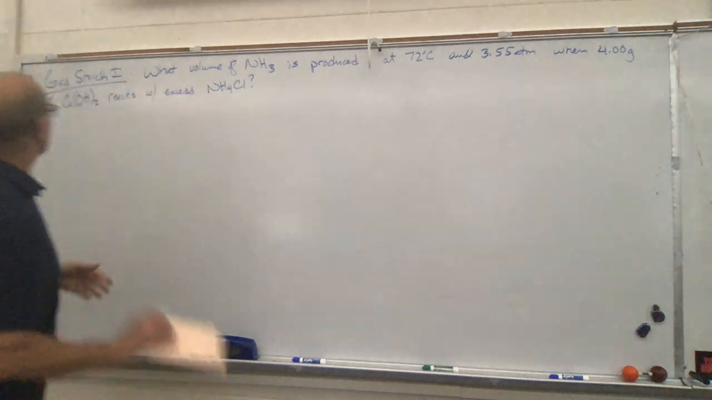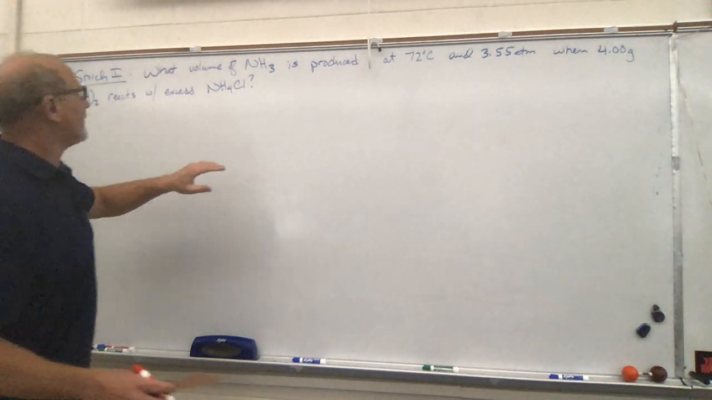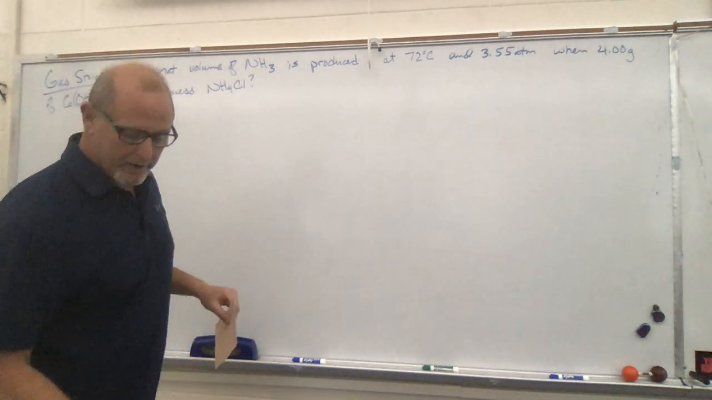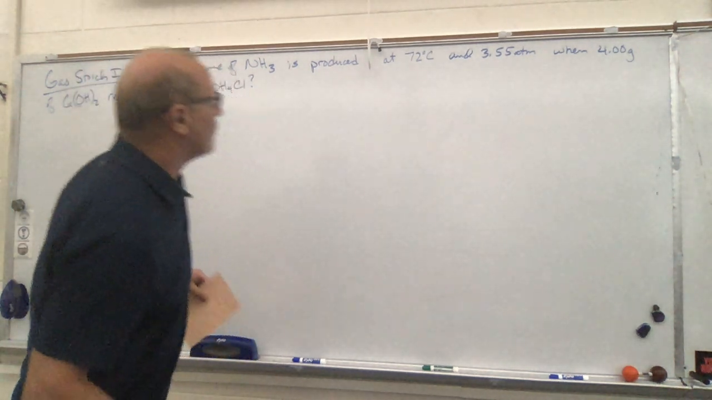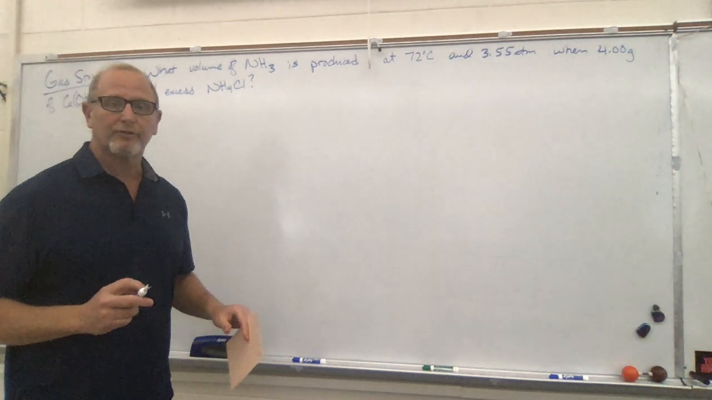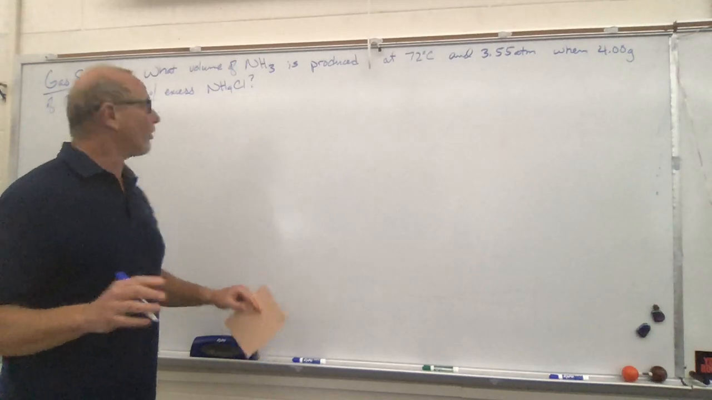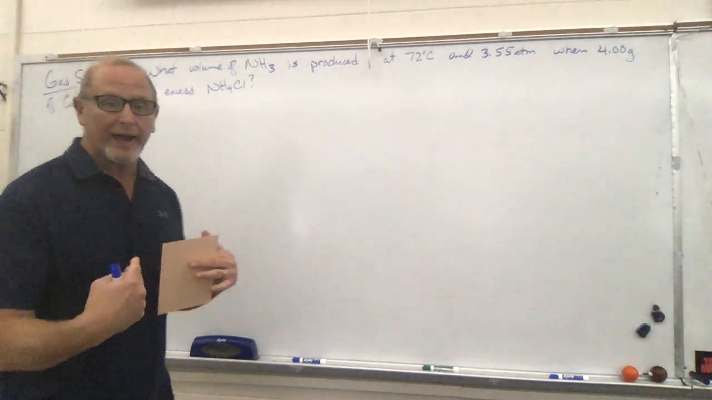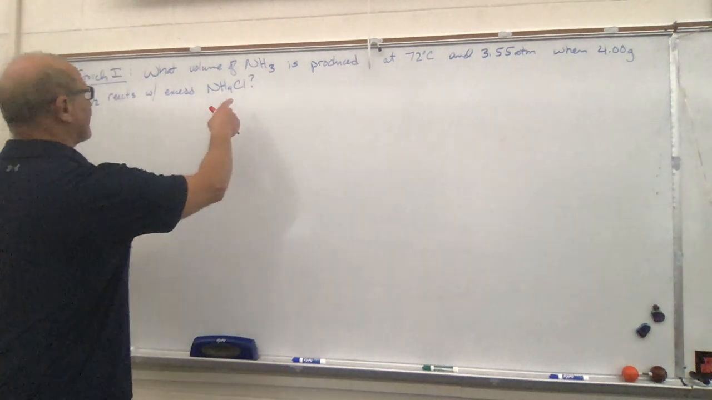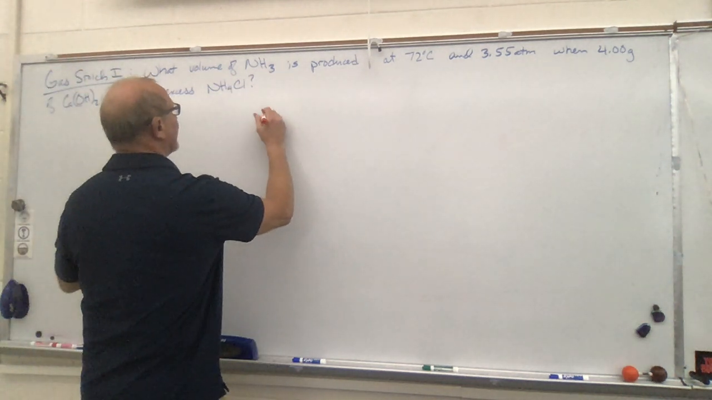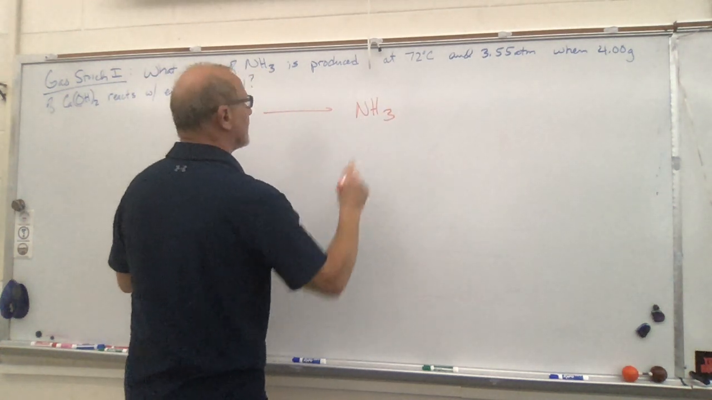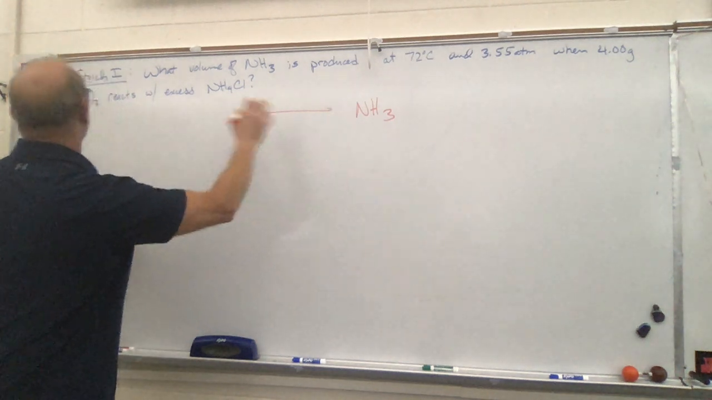What this problem has, it says we've got what volume of NH3 is produced at 72 degrees Celsius, 3.55 atmospheres, when 4 grams of CaOH2 reacts with excess NH4Cl. So we don't have a chemical reaction. We've got to do stoichiometry, so we're going to have to write one. I think we can do that because they give us what volume of NH3. So that tells me NH3 is going to be over here on the product side